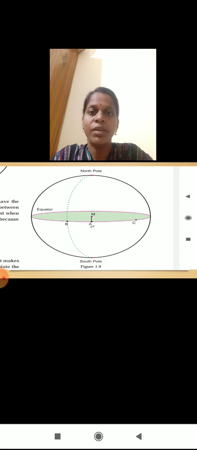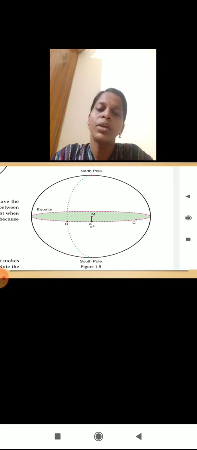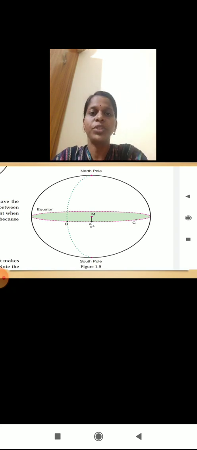Children, the equator we have studied in the latitudes. Today our topic is meridians of longitude. Let us see the next picture, where we can see more clearly how to draw them. You can see the pink colour line dividing the globe or the earth exactly in the center, in the very middle, half of the vertical line. Yes, that circle is drawn to divide the earth exactly into two different parts.